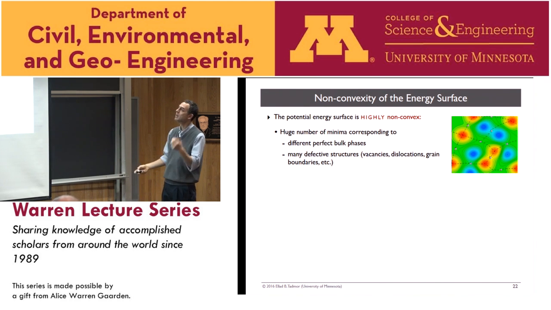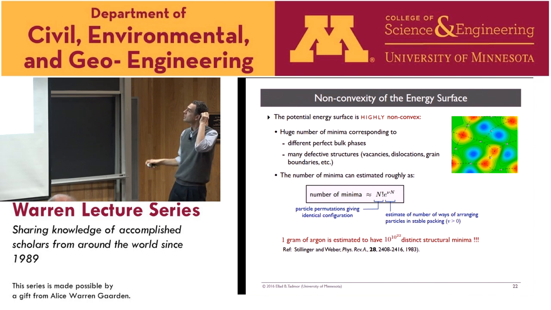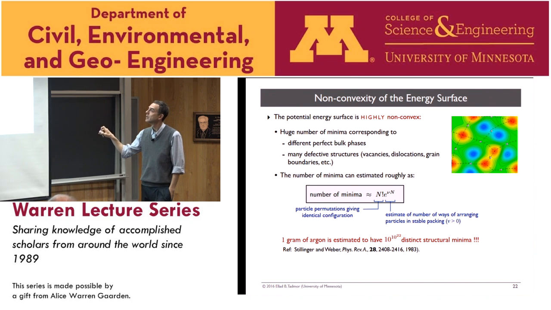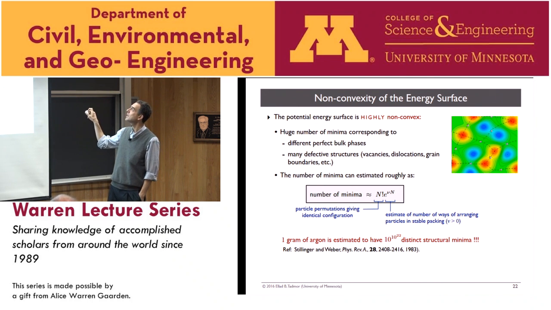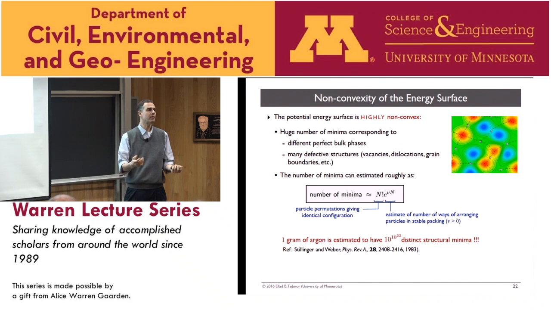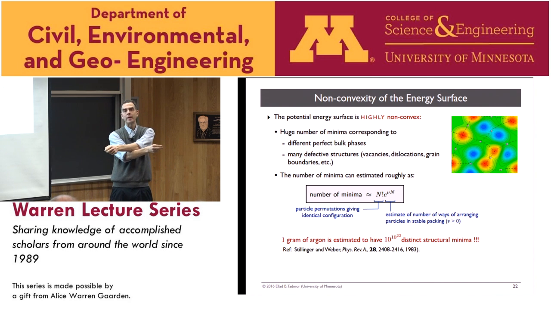Now, what is many, many places? There was an estimate that was done by Stillinger and Weber in the 80s trying to answer that question. How many blue spots are there? And so they basically say, well, first of all, in the number of minima there'll be a permutation term here, n factorial. That's not really interesting. That just means you can swap 2 atoms, and it's the same configuration, because 2 atoms are identical. So that's not particularly interesting.